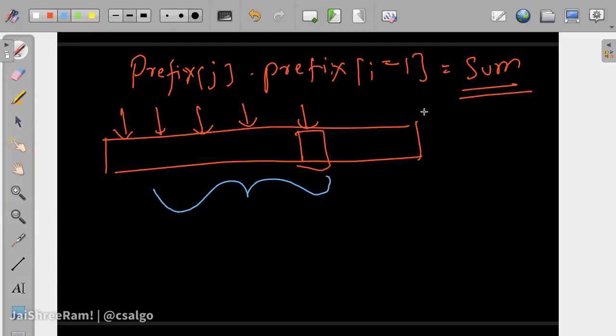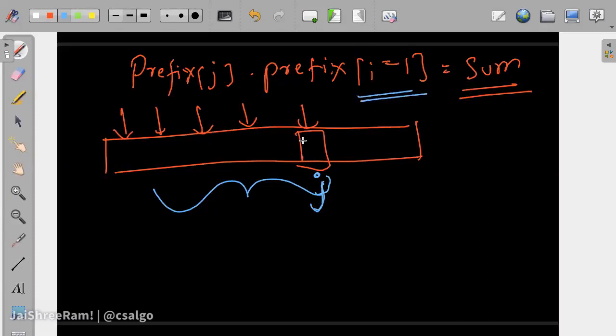This is what we are trying to count. We will iterate on the array, and on each iteration we try to count the number of subarrays that end at a particular index j. So we are iterating on the j part of the expression. So we need to find the number of i's before it which satisfy this, right?